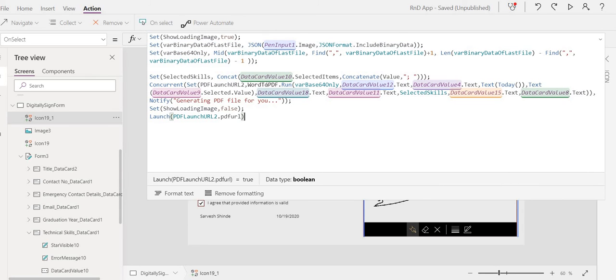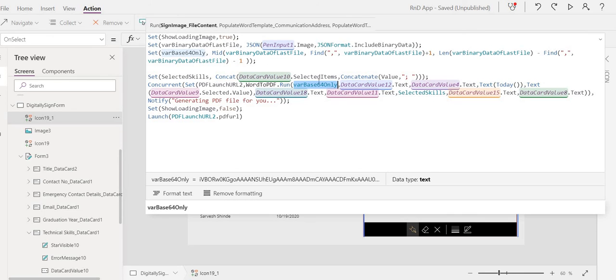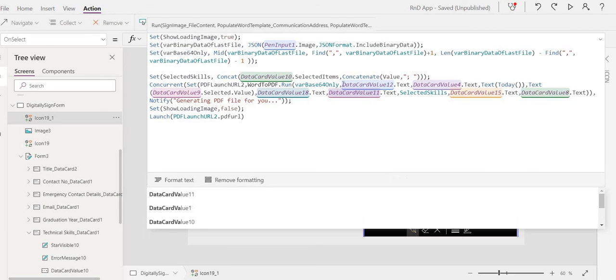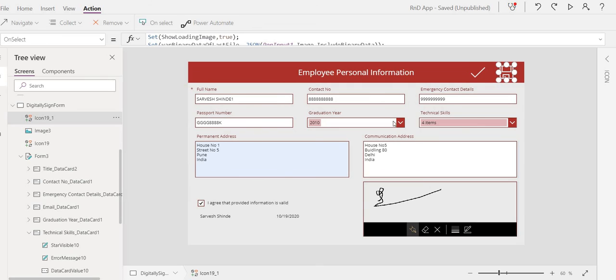And then, simply, we are calling this flow Word to PDF run. We are passing this variable data, which is the binary data of your image file from the pen input control, and all other values are the values of the metadata you are going to fill in here.